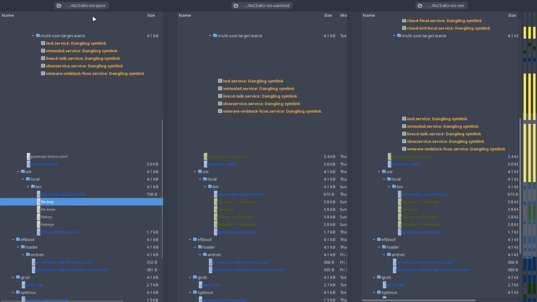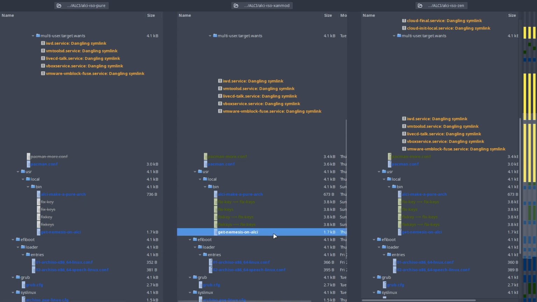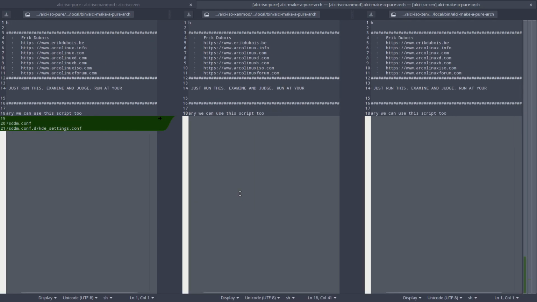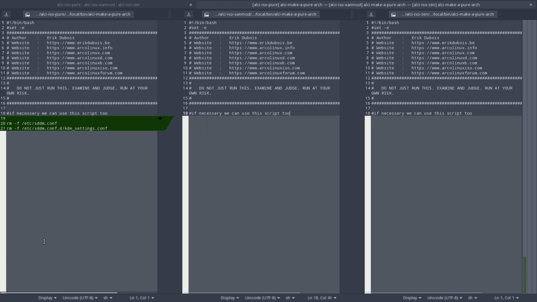It's not, so the pure one, we're not gonna give you the fixed key things. You want to have a pure system, so well, there it is, right? You figured out the keys. So get nemesis on ALCI, things like that. So either remove it here, and that's the difference. So it seems I will remove a little bit more here,